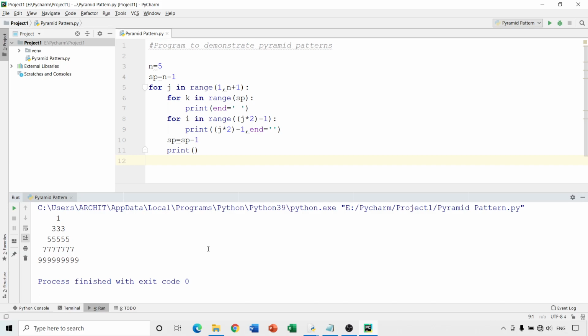Now, one of the reasons why we are in this session is we want to learn how to debug a program using PyCharm. Debugging is an important skill, specifically when the programs are large and a lot of logical complexities are there.